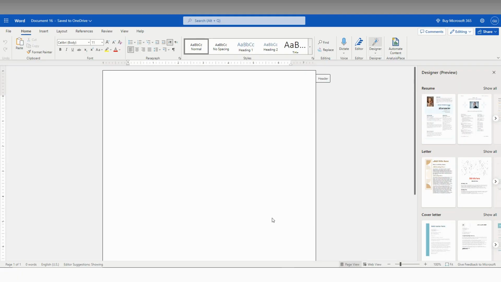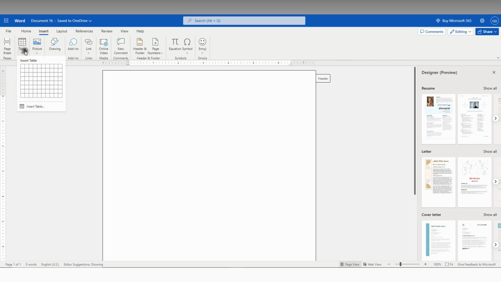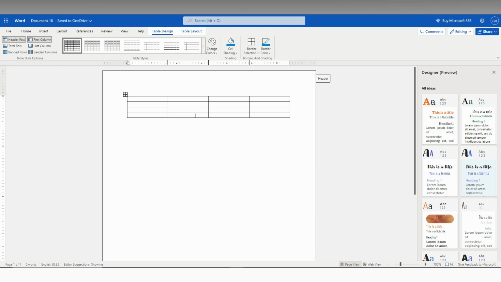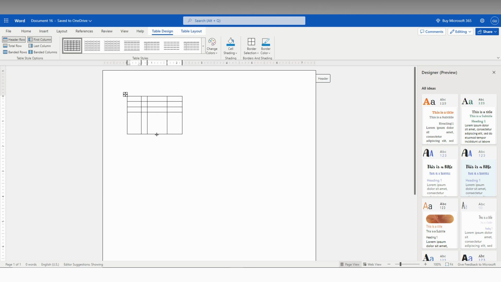So how to make a small table in Microsoft Office Word: we just go to the Insert option here, then click on the table that you want to insert. Now you just need to adjust the table size by this option. Just move the table like this, come closer. So you just adjust the table like this, then expand the table size like this, as far as the height you